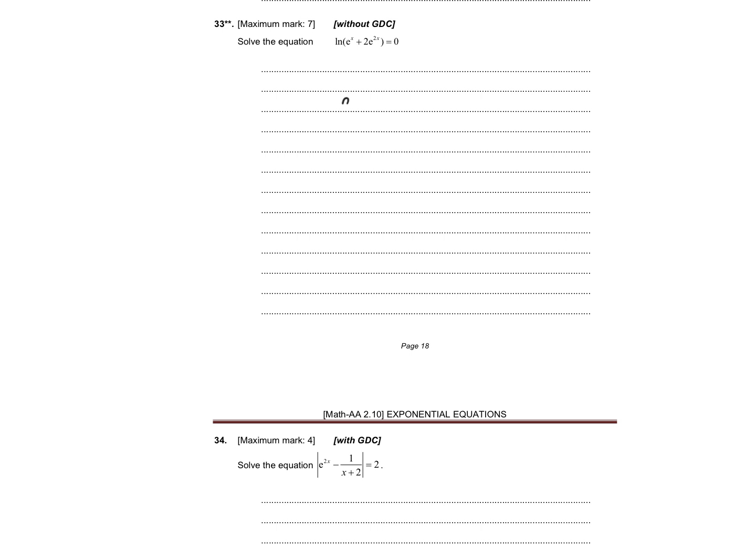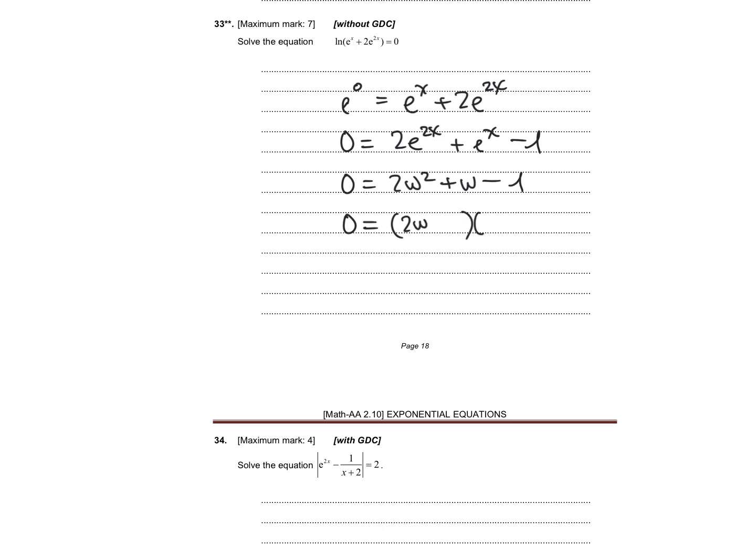33, we can write e to the 0 is e to the x plus 2e to the 2x, and this is going to be quadratic, and e to the 0 is 1, so minus 1. So just write it like this, and we have 2w and w, and 1 and 1, and we have positive 2 and negative 1,